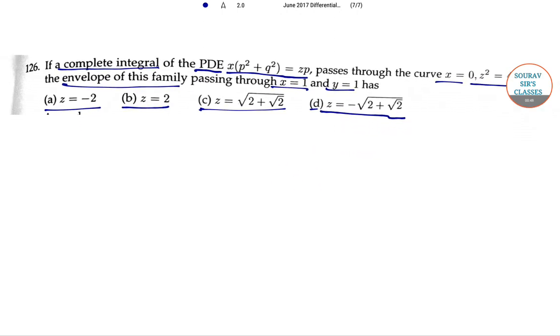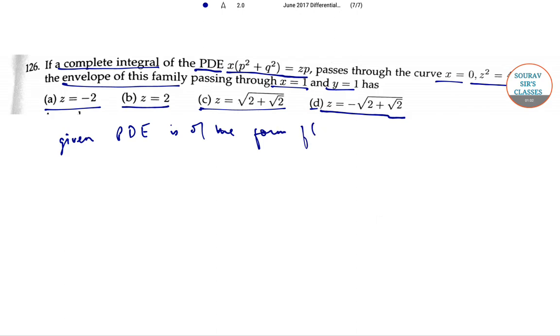Now, if the given partial differential equation is of the form f(x, y, z, p, q) = 0, then Charpit's auxiliary equations are